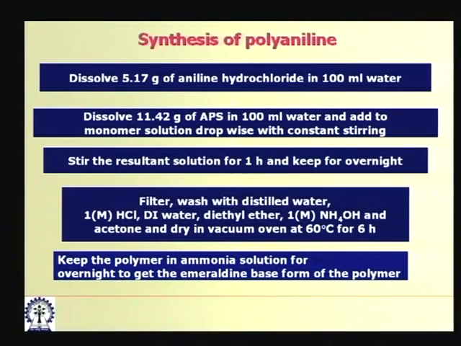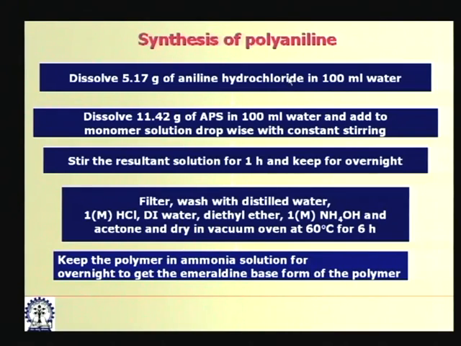Now, in a typical synthesis of polyaniline from aniline hydrochloride, 5.17 grams of aniline hydrochloride need to be dissolved in deionized water or pure water. Say for this case 100 milliliters of water was taken, then separately ammonium persulfate, abbreviated as APS,